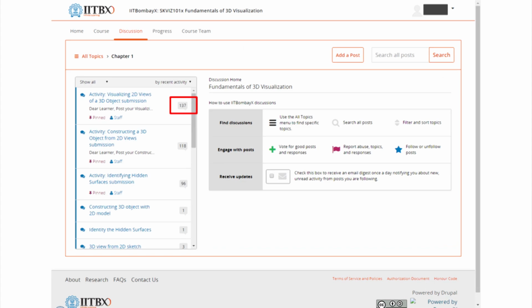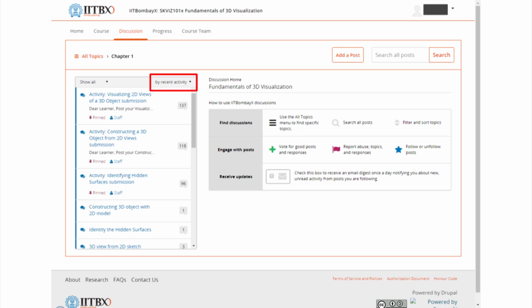When you see a particular thread on the left hand side panel, you would be curious to know what is this particular number which is written next to it. Well, this number is about the number of posts in that particular thread. Once you see that, this particular information tells you the post which has maximum interactions in it.